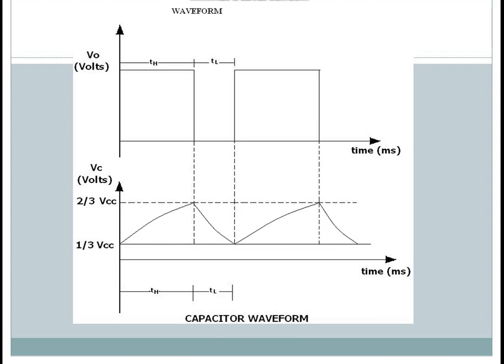At the time of charging the output voltage rises, that is T on. At the time of capacitor discharging there will be no waveform, and after that the capacitor charges again, and at that time T on is the output voltage. Like this we get our output in a CRO.